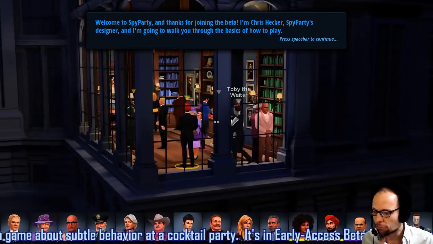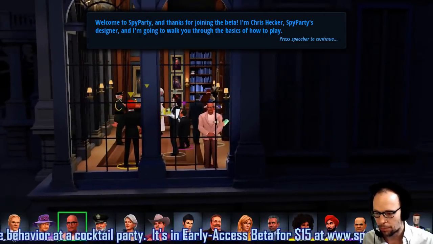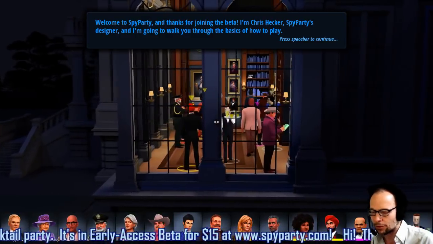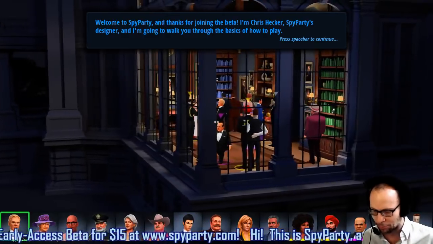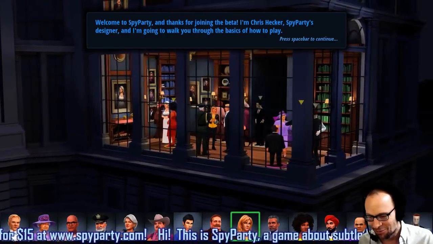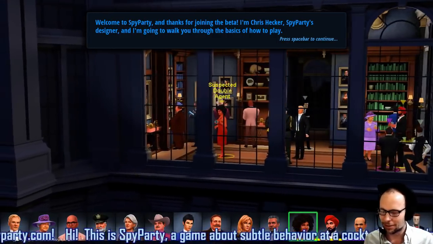So right here, you're basically on a rail being moved around, but you have mouse control. It's interesting when you're doing a tutorial. I've had people who have already played SpyParty play this, and people who have never played a video game play this, and it's very hard to make a tutorial for both. And the reason I want to make it at least a little interesting for people who have